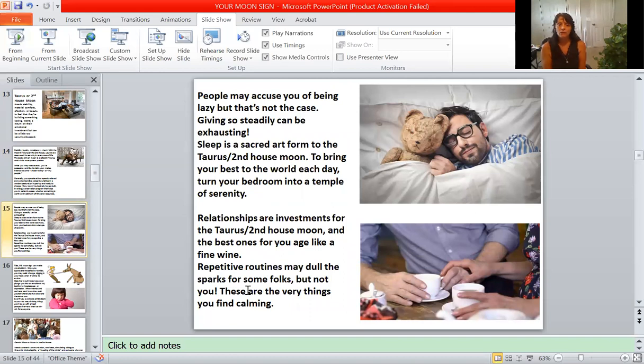And this is really funny as we watch these signs going back and forth, because each one is like the opposite of the next. Just keep that in mind. So we're talking about being comfortable, and not being bored with repetitive things. And then when we get into Gemini, they're totally bored with repetitive things. Then we go down to Cancer, and it likes that again. And then it goes to Leo, nope. So it's just back and forth with some of these issues. Just keep that in mind as we go through.